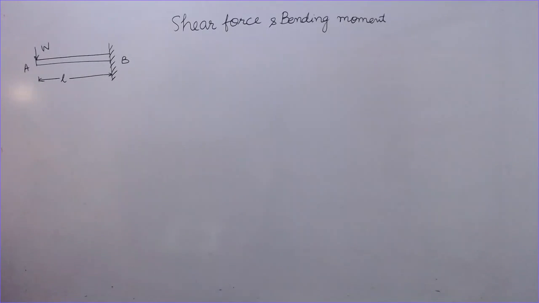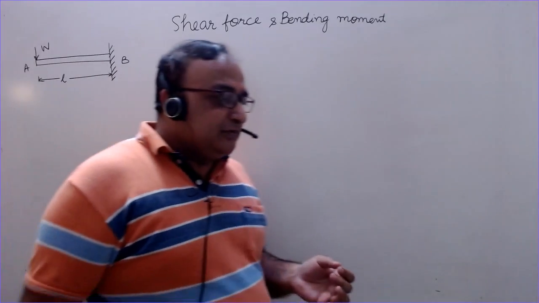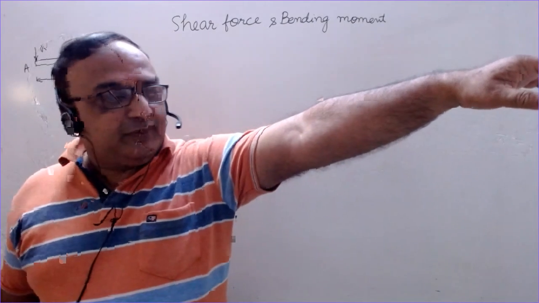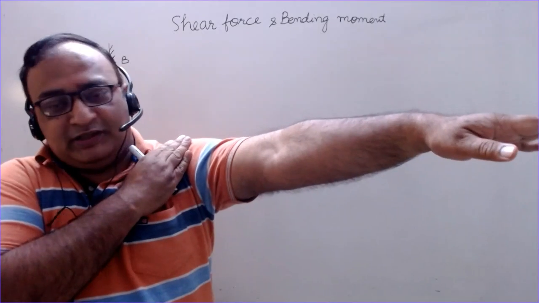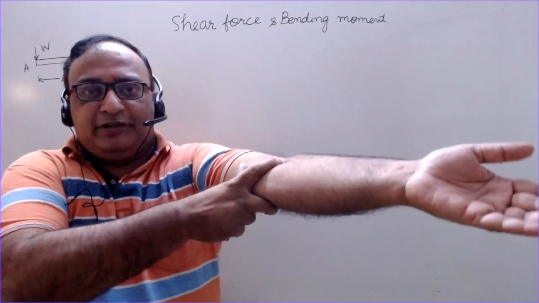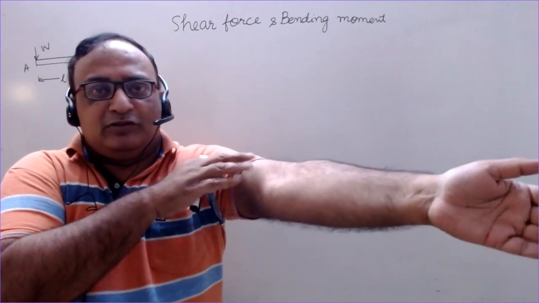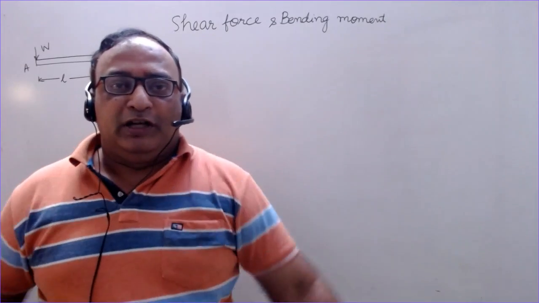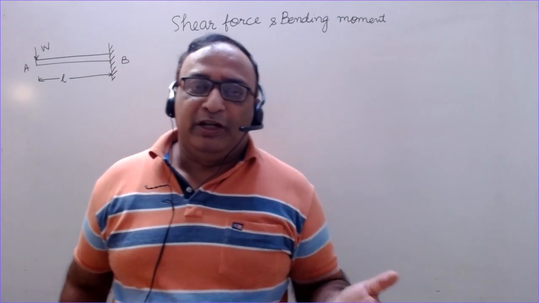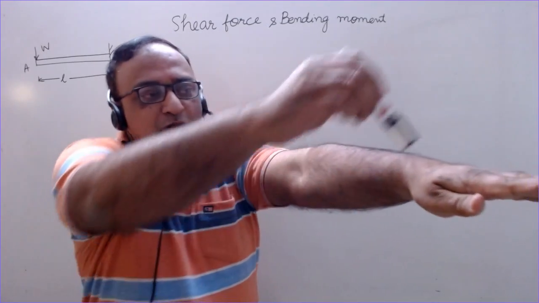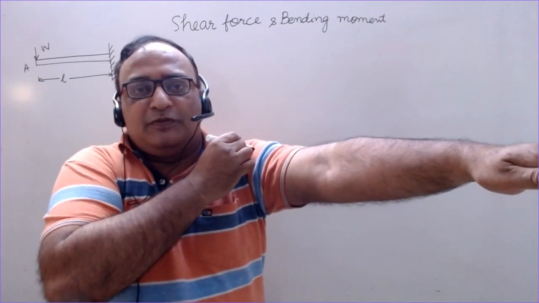So as we discussed in the previous discussion class, what is this load doing here? Suppose, as I told you, my hand, this is the fixed point, this is the free point, this is like a cantilever. If I ignore this hinge joint, assume this is a straight cantilever without any hinge joint, and what happens at the hinge joint is the bending moment is not transferred. So the load acting here for the purpose of equilibrium,